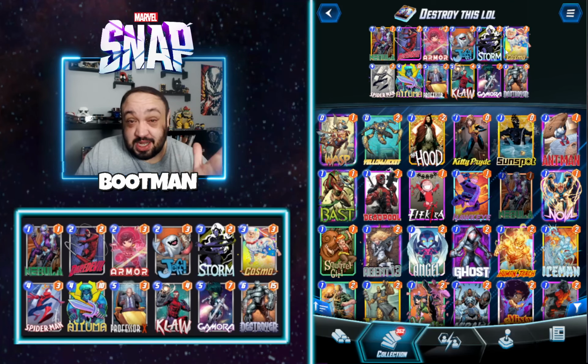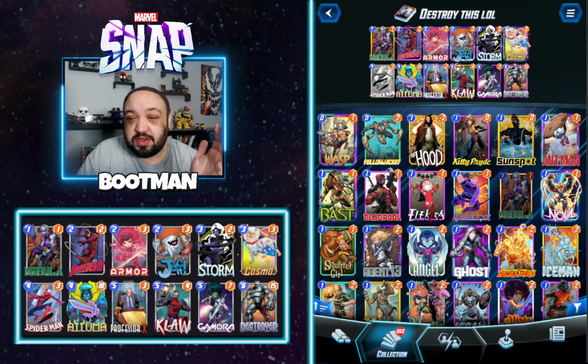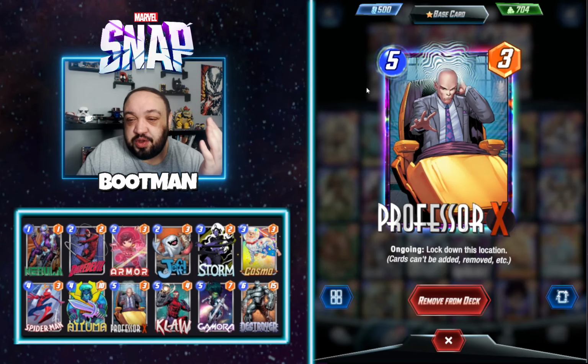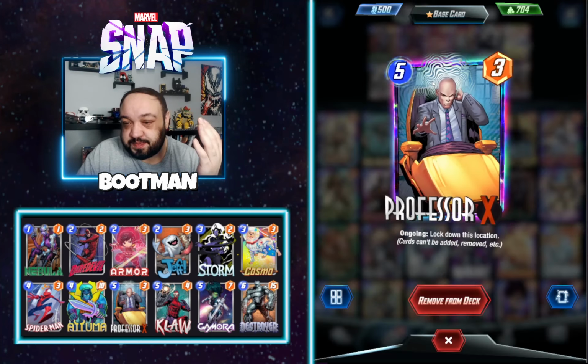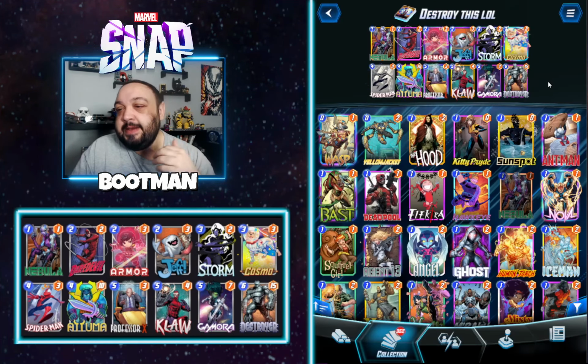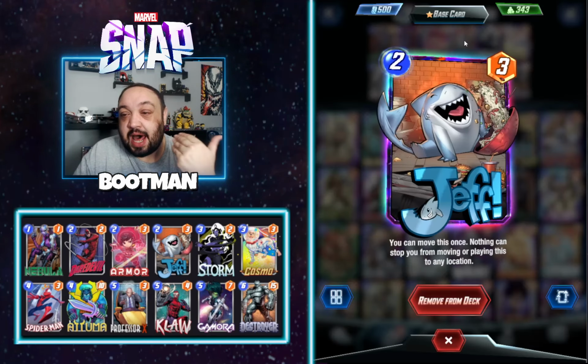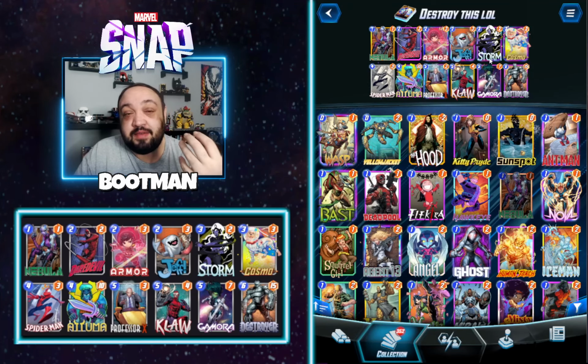This deck also counters Galactus very well. So we got Professor X, so you have Daredevil to use Professor X, or you could do the old Spider-Man on 4, Professor X on 5. We got Claw here to get into the Storm lane. You gotta be pretty strategic with this though, because a lot of people are running Jeff, so you gotta make sure you have a lot of power,